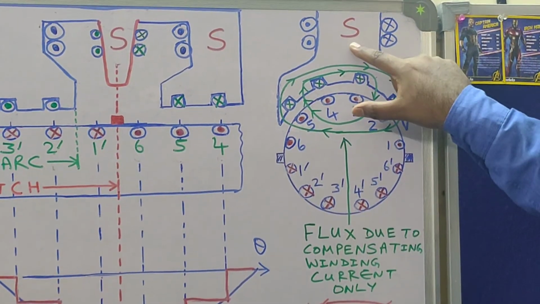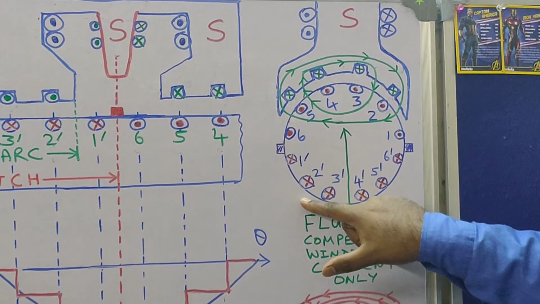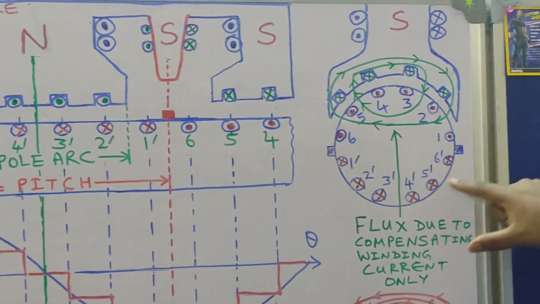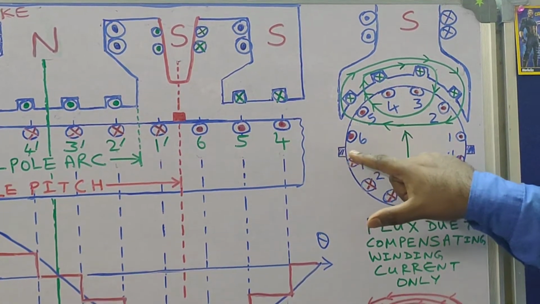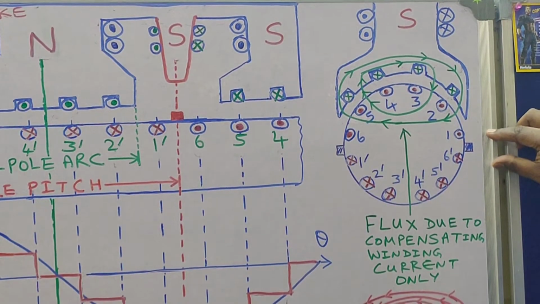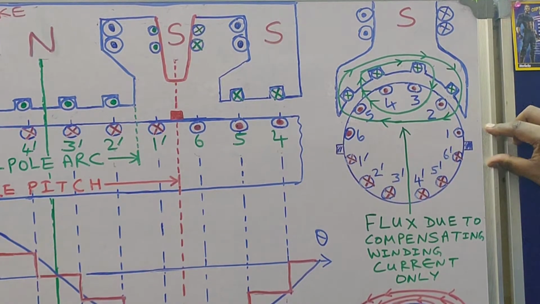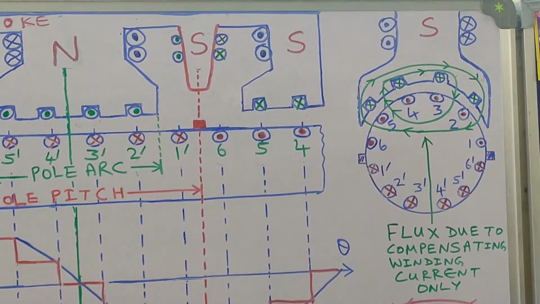So the south pole is here. The north pole is not shown here, but it should have been shown here. And this is our interpolar axis; the brush, or the interpolar axis, is being placed along this line. So here I should have indicated the interpoles, one on this side and another on this side, which is not indicated. So please bear with this.